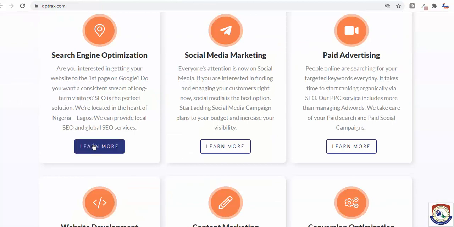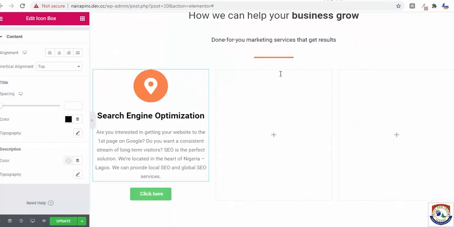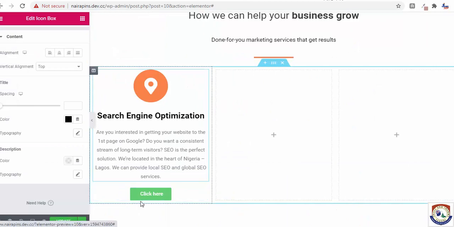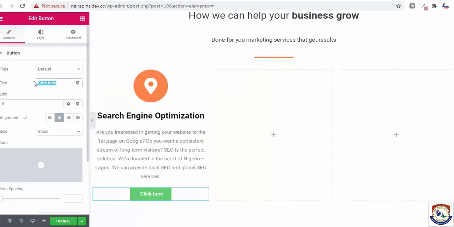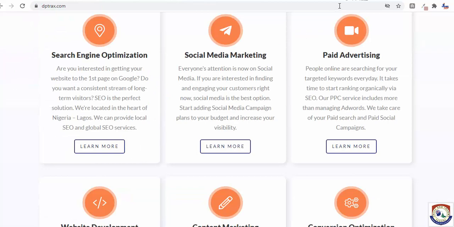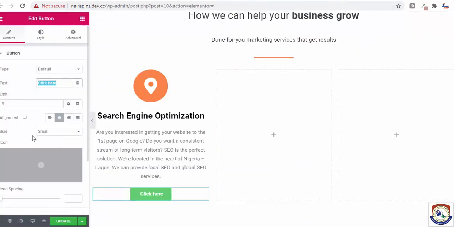Now the next thing is the learn more button. This is the click here, and you can customize this to be learn more. Instead of click here, you choose, is it capital letter or small letter? It is capital letter. So you click so it becomes Learn More. So that's okay for us.